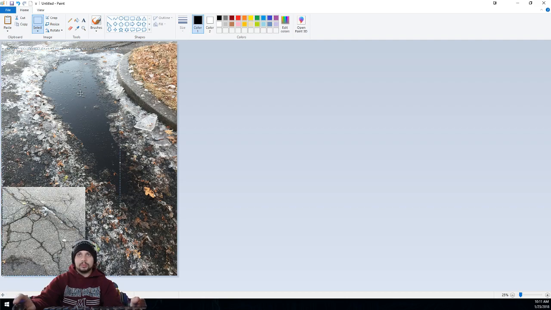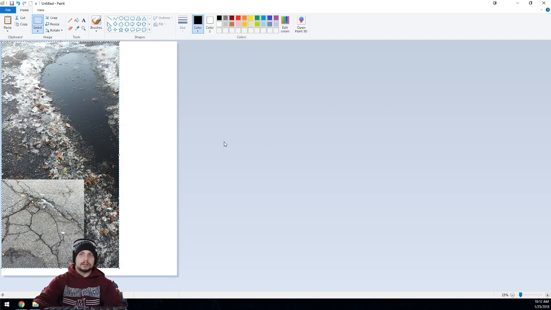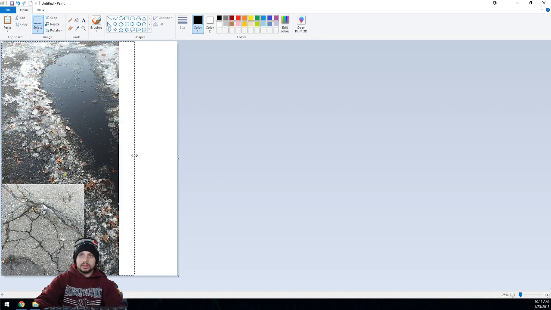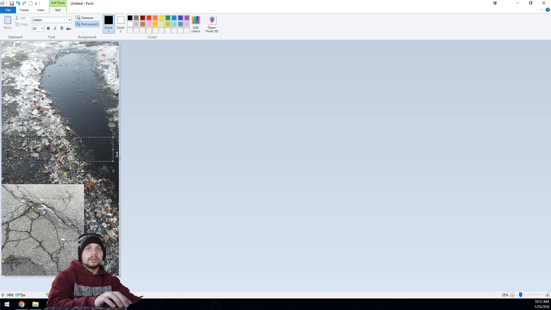Okay, so now I have my little border around this, a little hard to see. Press Control C, okay, then Control A, delete, then repaste with Control V. Make it a little bigger, make the borders match, and we have our first picture right here. Now, the next thing you're going to do is label your photo. So click on text, draw your text box, and you can write frost, oh, physical weathering,